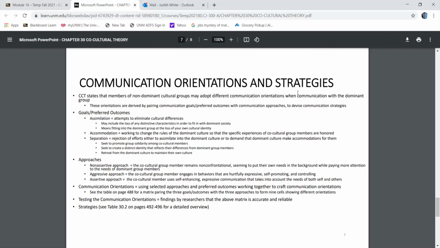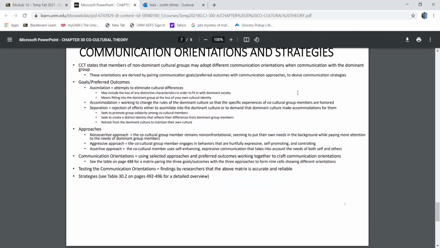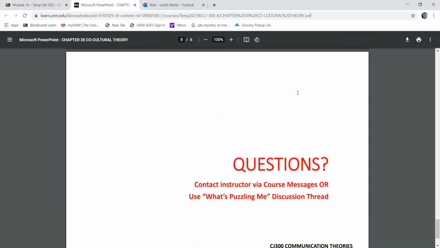As always, then there's a section on 497 and 498, which talks about, other than what we've seen, what are some other factors that influence non-dominant group members' communication choices? They include individuals' life experiences, perceived cost and rewards, the capability of any individual to enact one of these strategies, or the situational context. As always, I urge you to visit the integration and